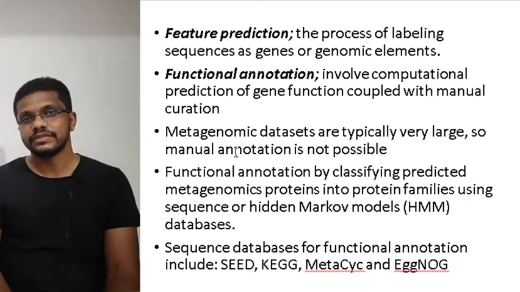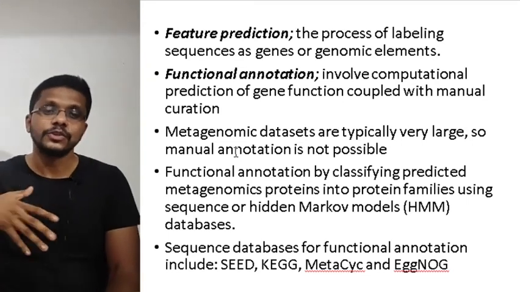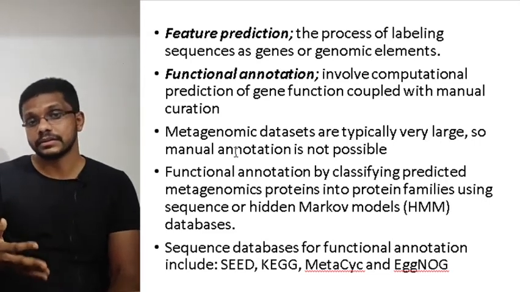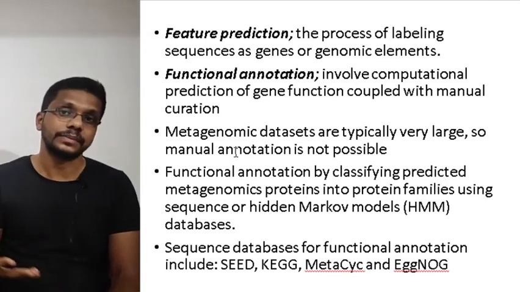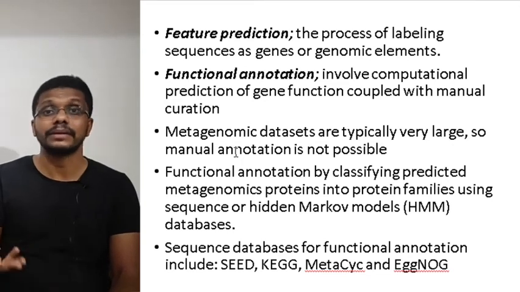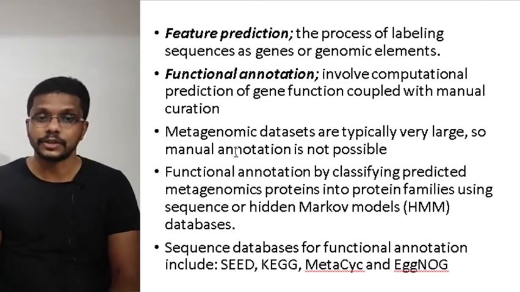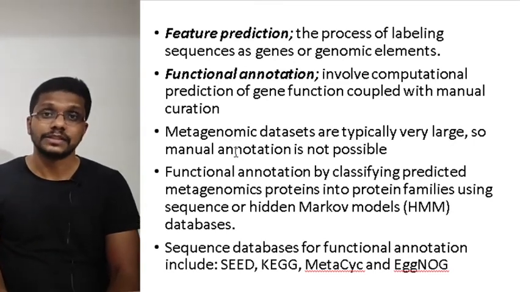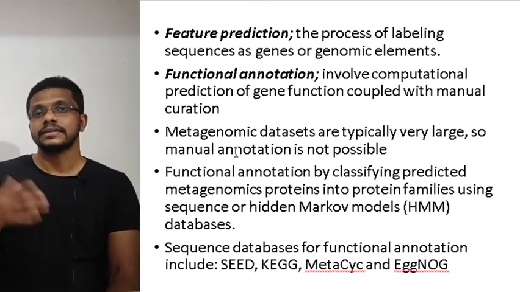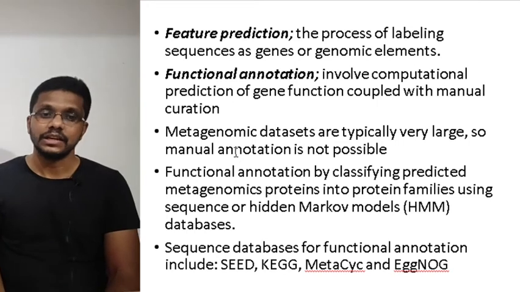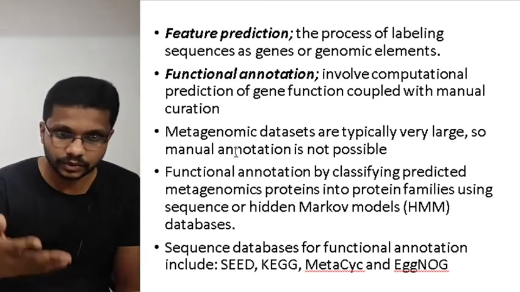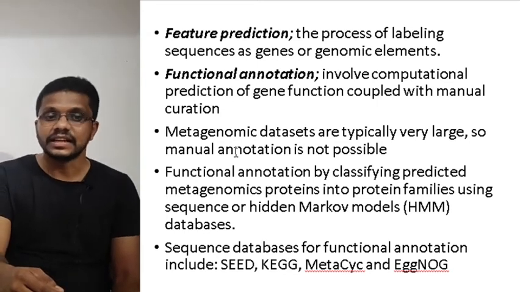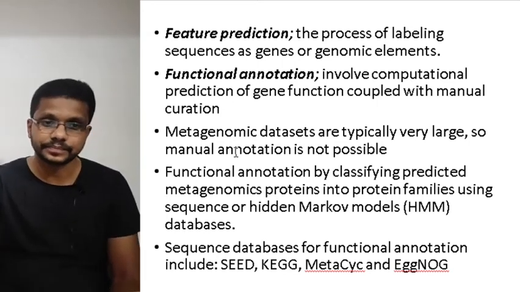In metagenomics, we have a huge amount of DNA. This huge amount of DNA isolated from different microorganisms cannot be used for manual annotation. The only annotation technique possible is computer-based annotation. So different strategies and different types of sequencing algorithms are used for annotating this type of sequences, metagenomic DNA. One example is HMM. The other databases for functional annotation include SEED, KEGG, etc.